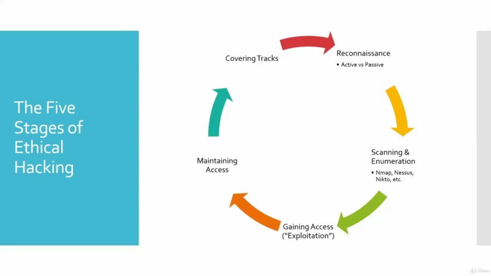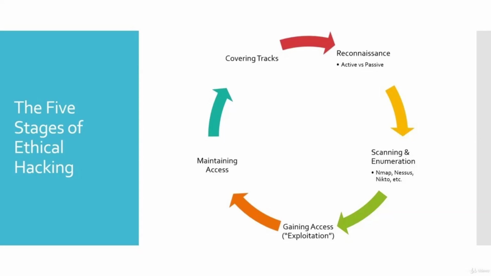There's a saying that you can't hack a system you don't know, right? So for you to say you want to hack any system, you want to exploit any system, you want to gain unauthorized access to any system, which is our definition of hacking, you need to first understand what the system does and how it is supposed to function. Once you understand all that, you can go ahead and look for ways to exploit the system. So the very first stage after having a rule of engagement is reconnaissance, which is the stage where you gather as much information as possible about your targets.